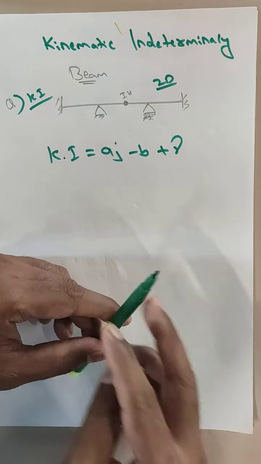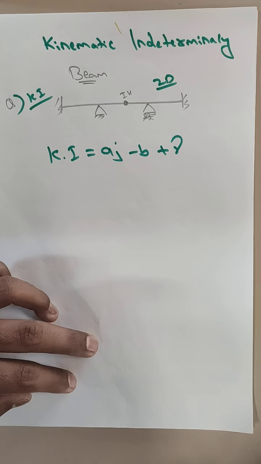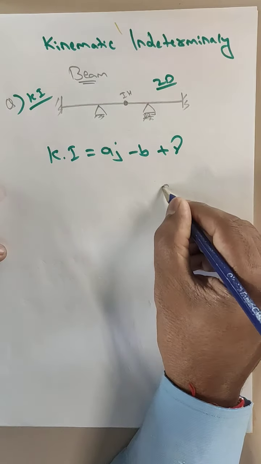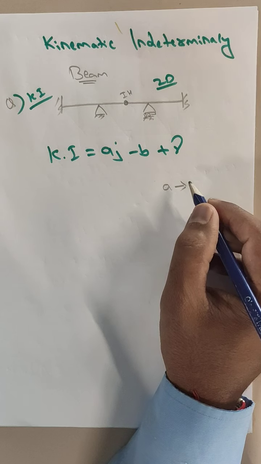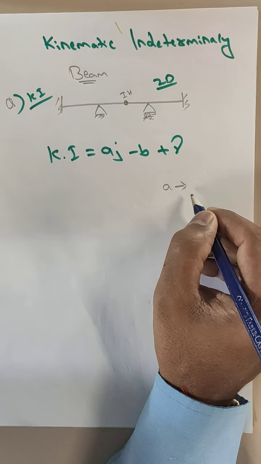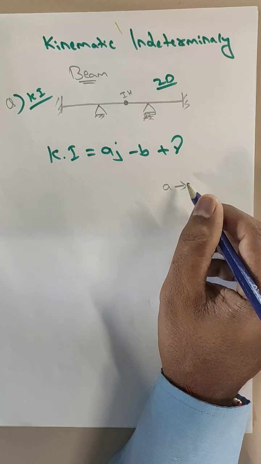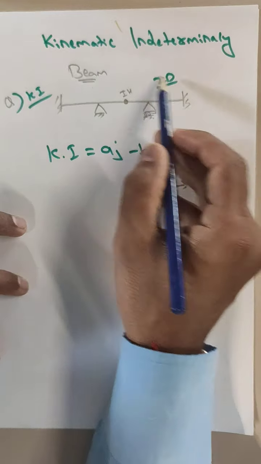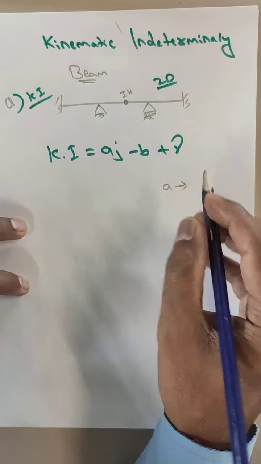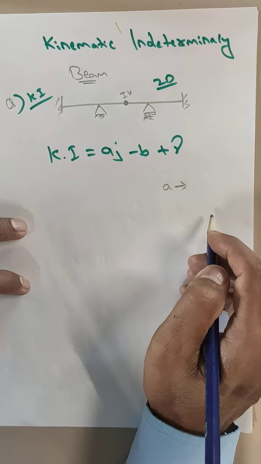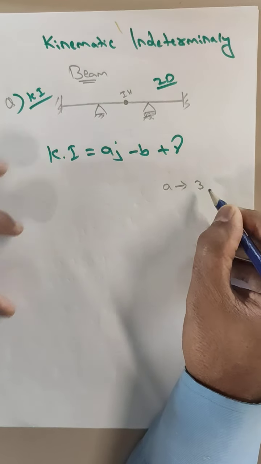So as I have already given you, how can you find out your A? Even in my previous class I have given you a tabular column to find out your A. What do you mean by an A? A is nothing but the number of degrees of freedom available at each joint. If it is a rigid joint, then A will be equal to 3. If it is a truss joint, it will be equal to 2. Yes or no? For a 2D, this is a rigid joint, so A will be equal to 3.